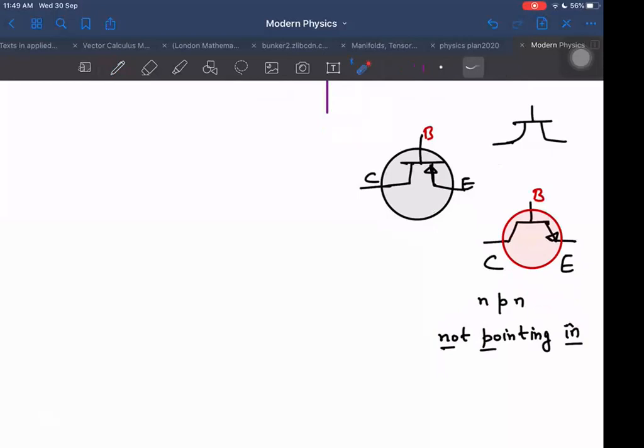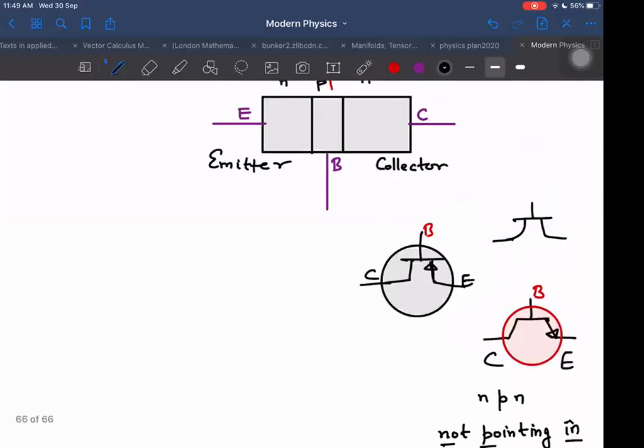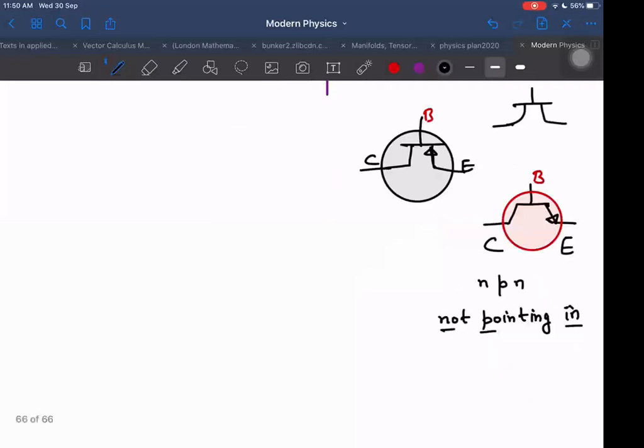Another way to tell is this arrow tells us the direction of current. The way in diode, this is also kind of arrow, and in diode this arrow tells us the direction of the forward bias, that P to N the current can flow. Same way here also. If arrow is kept in this direction, then this is P type and this one is N type. Base is P type and emitter is N type. And if base is P type, then the other one will also be N, then it will become NPN. That way also we can tell.